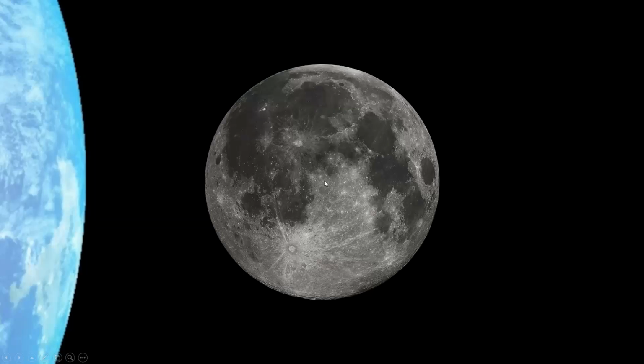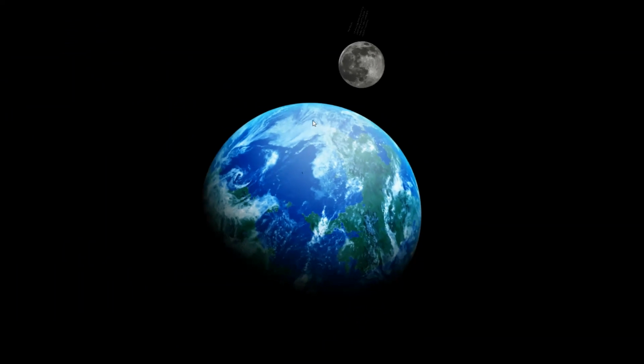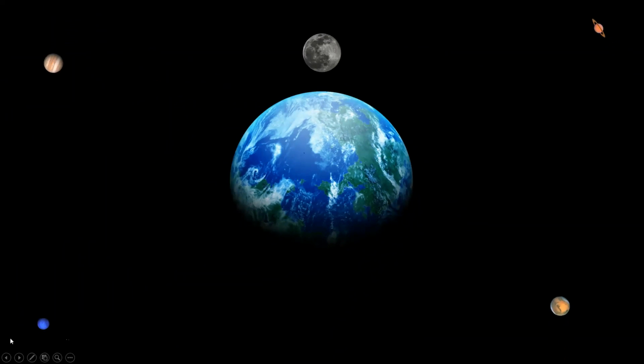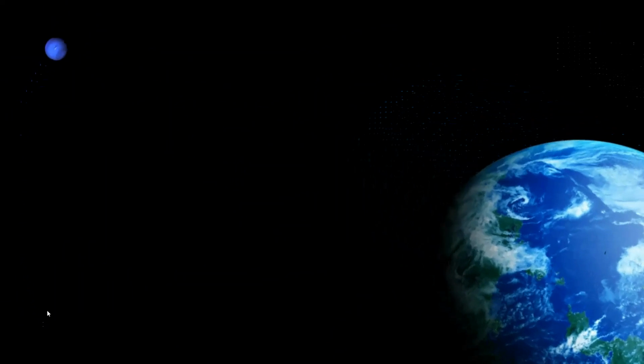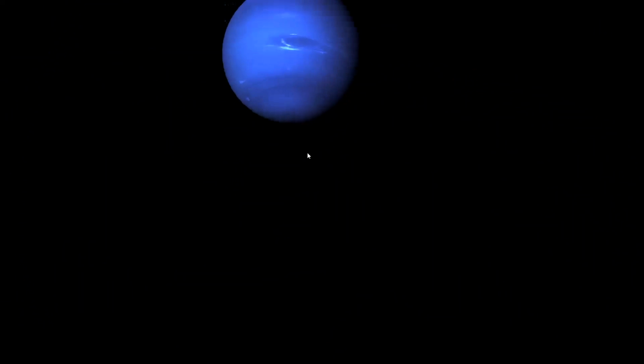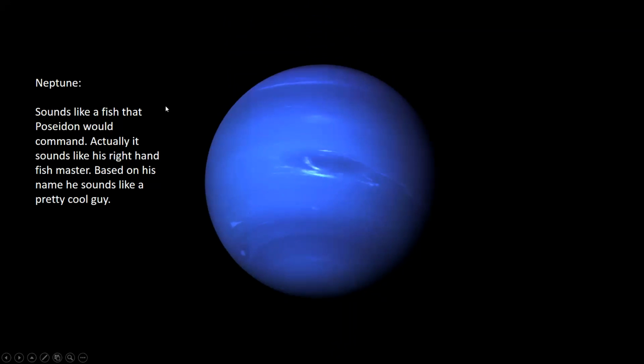If I click next, we'll see the text pop up. The moon, amazing piece of rock that orbits our beautiful Earth. And this is our slide about the moon, and we can have other slides contained on that as well. Let's do another one. Let's go to Neptune. Here we go. It's zooming in. There we are. And then we can have our text or other things pop up right here. So going back,